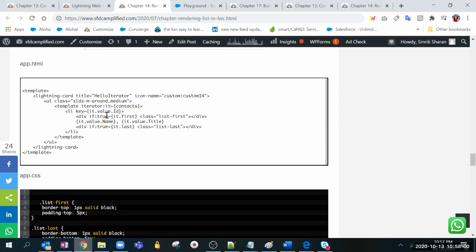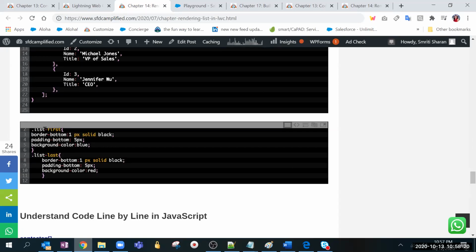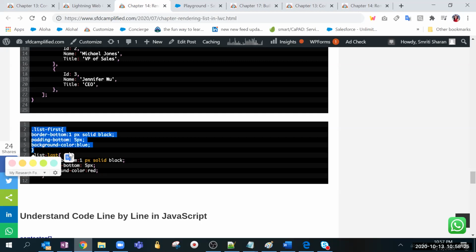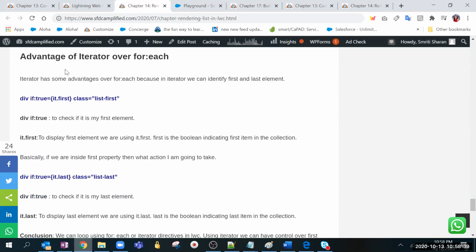And then see, we are talking about the first element, we are talking about the last element. So you can declare it like this. So what you have to do? It value name, it value title. So what will happen? See, for example, you want to make the first element bold. So you can simply put list first, and then you can put CSS to it. So in for each, what was happening? It was not highlighting a particular element, not doing anything to the first or last element. But if in case you want to do something to the first or last element, apply some kind of CSS, then for that you need the iterator. So that is like an interview kind of question. You don't have to worry.